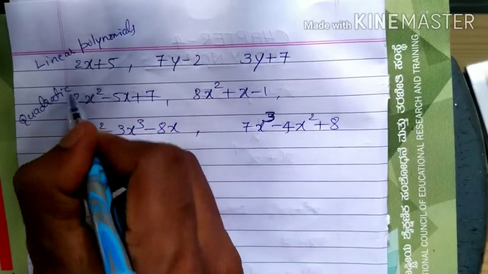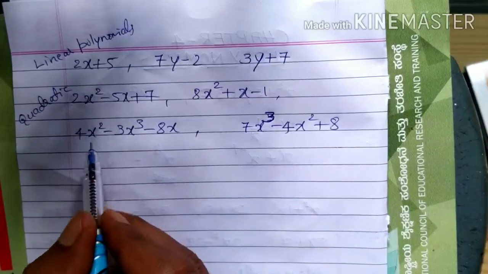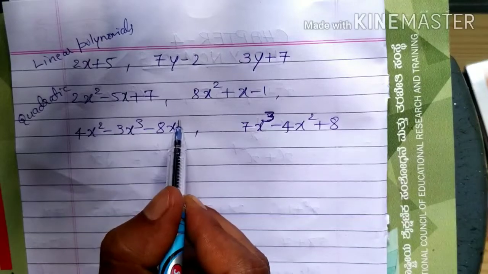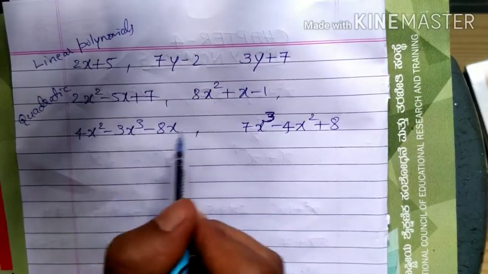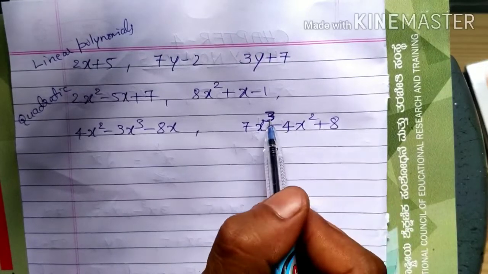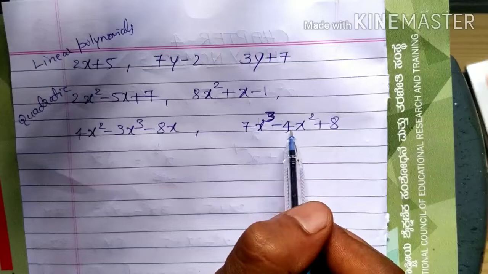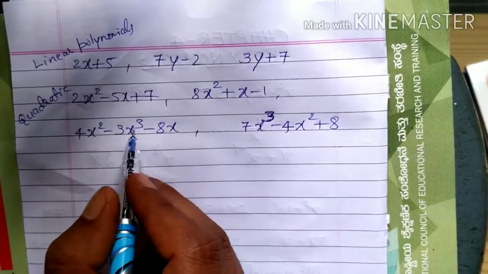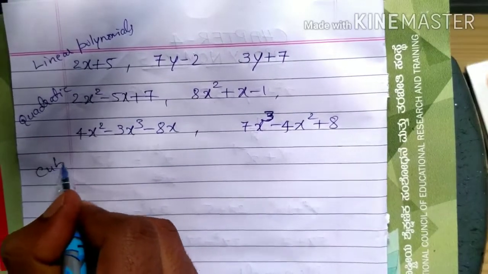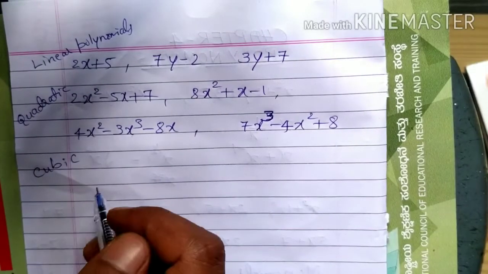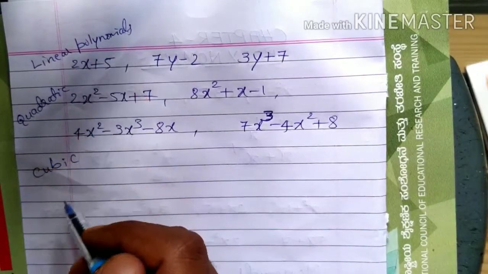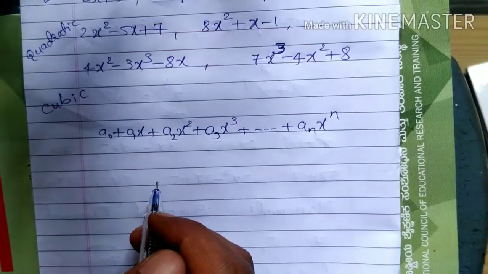Quadratic polynomial, okay? In the same way, if you consider these two examples, the highest power is 3, so the degree is 3. Similarly here, 3, x raised to 2, nothing, so which is highest? 3, so therefore the degree is 3, here also 3. If the polynomial has degree 3, then it is called a cubic polynomial. So this is about cubic, quadratic and linear polynomials.